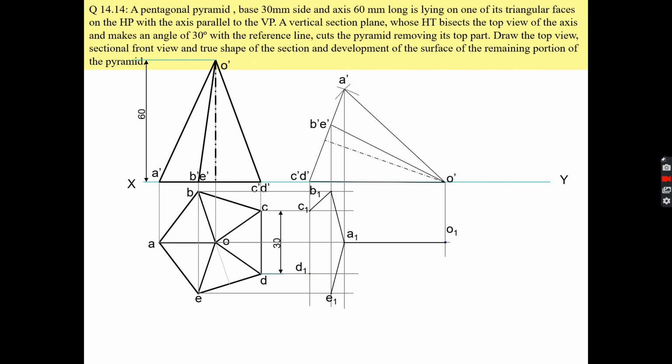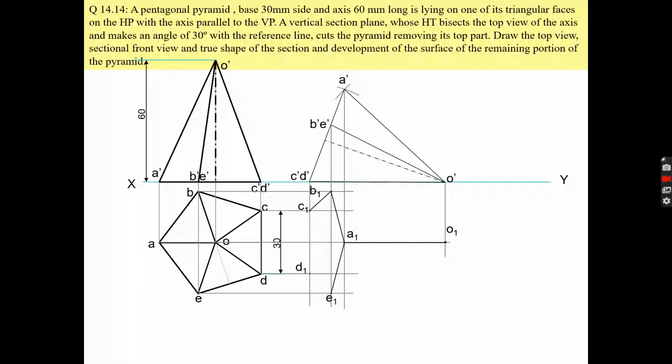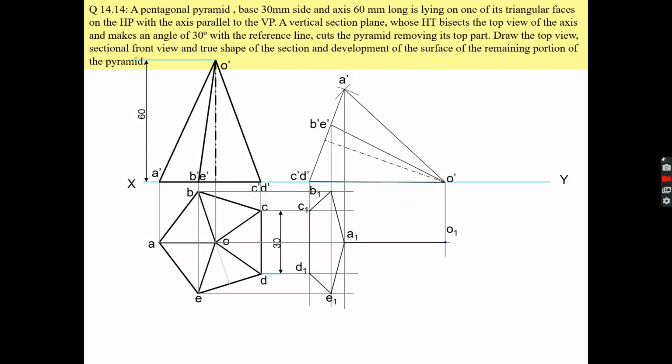After cutting the solid, the remaining portion you have to draw with the help of an HB pencil, and the portion which you have to remove, you draw with the help of a 2H pencil, right? So first we will draw the whole diagram with the help of a 2H pencil only. So your base is visible, and this face is visible, O1 A1 B1, O1 A1 E1. And your two slant edges O dash C dash D dash are not visible.